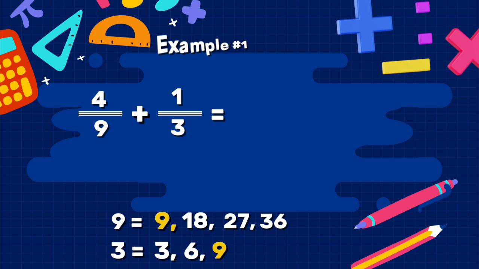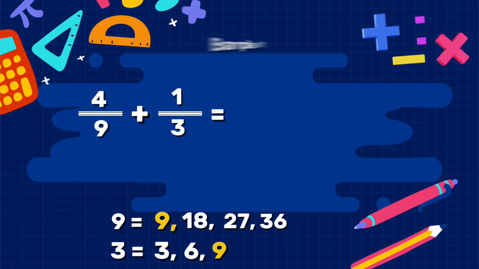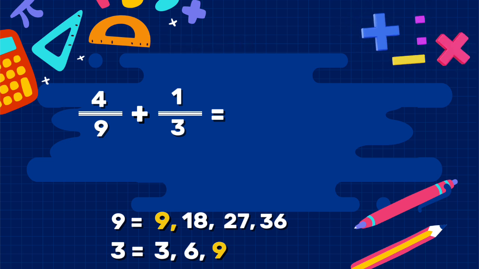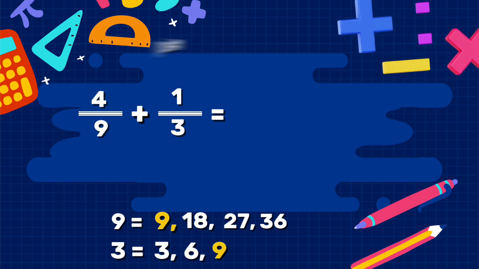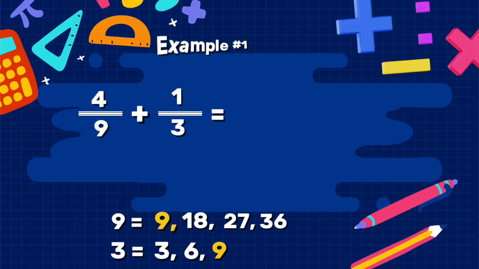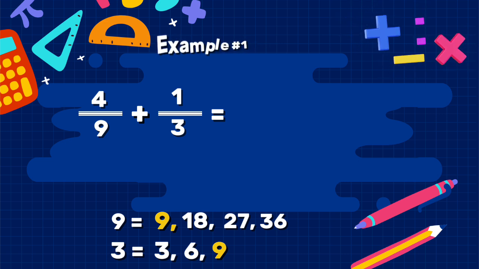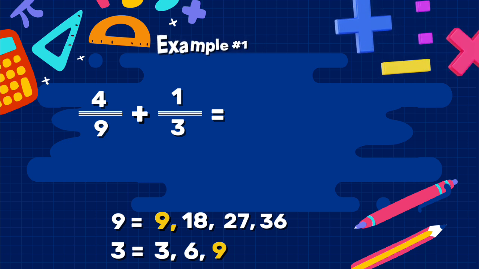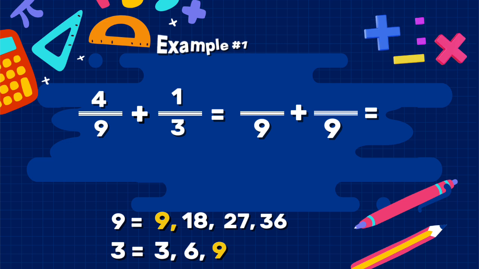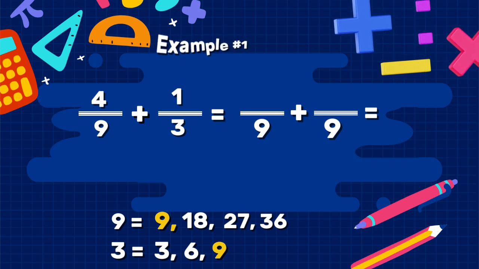We always want to find the least common multiple. Smaller numbers in value are generally easier to work with, and this will help cut down on simplifying in the end. So, 9 is going to be our common denominator. Let's come back up to the original problem and rename these fractions with our common denominator of 9. So underneath, I'm going to write our common denominator of 9, and now we can rename.